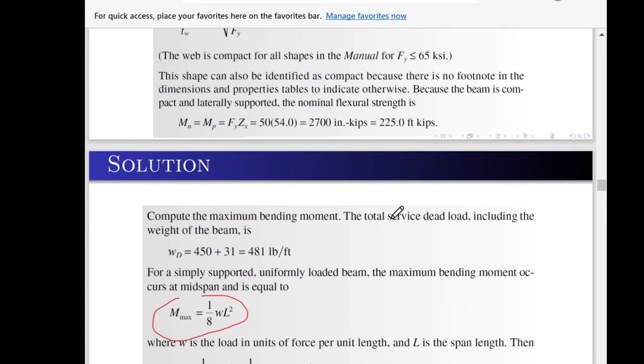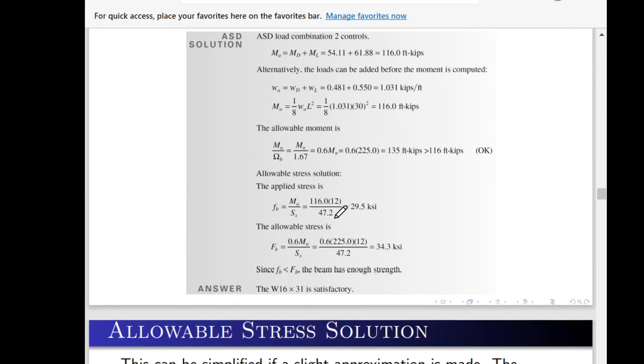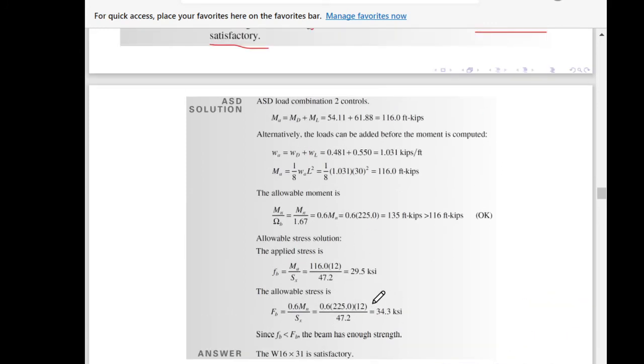For this W16 by 31, the section modulus is 47.2, which can be found in the table. So the applied stress is this, and the allowable stress is 0.6 times the nominal moment divided by the